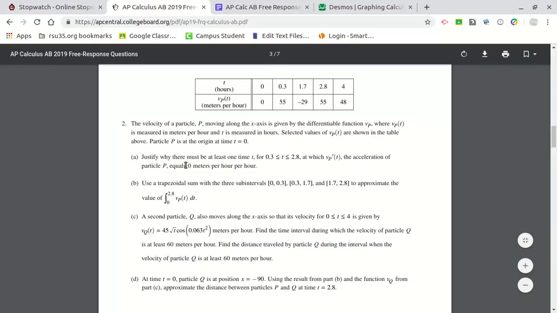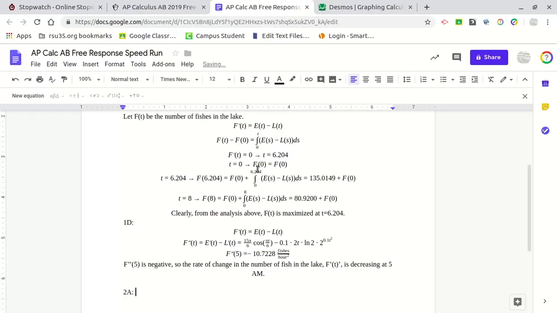Okay, so this is a classic Rolle's theorem problem because vP at 0.3 and at 2.8 are equal, so there has to be some point where the acceleration is 0. So I'm just going to justify that by saying, since vP of 0.3 equals vP of 2.8, by Rolle's theorem,